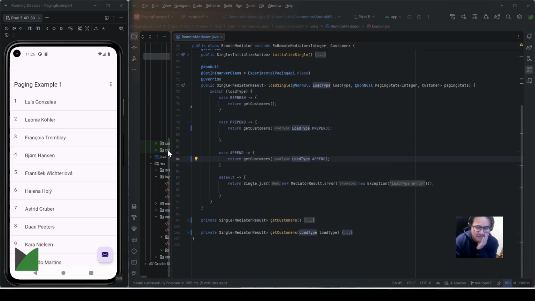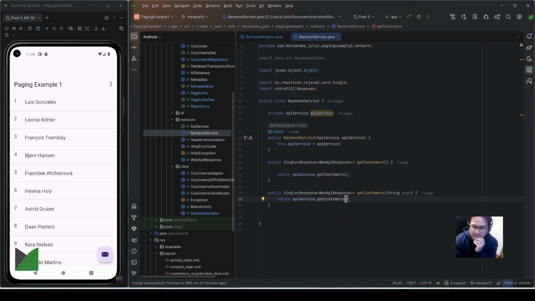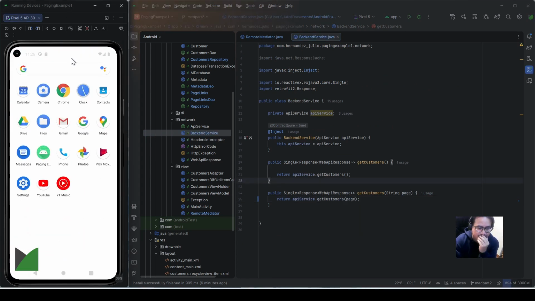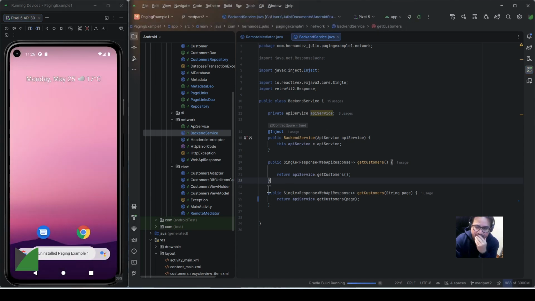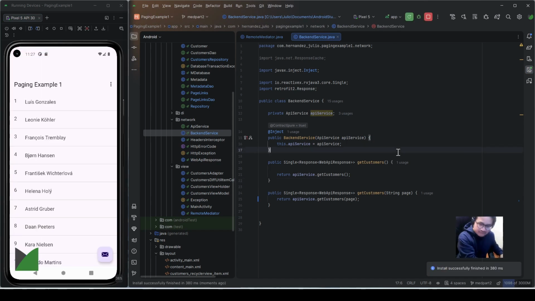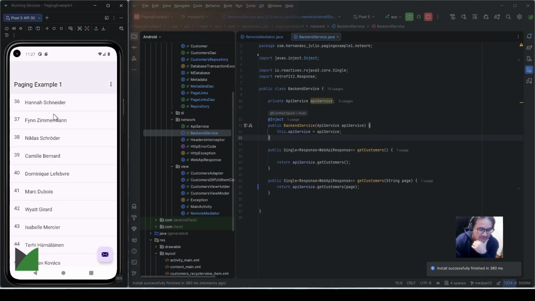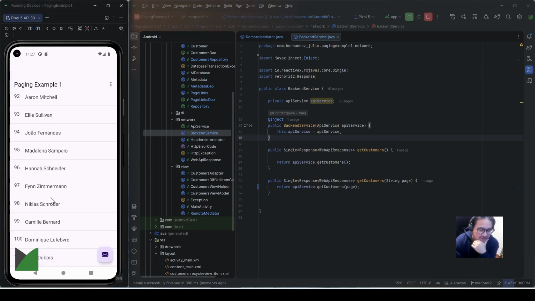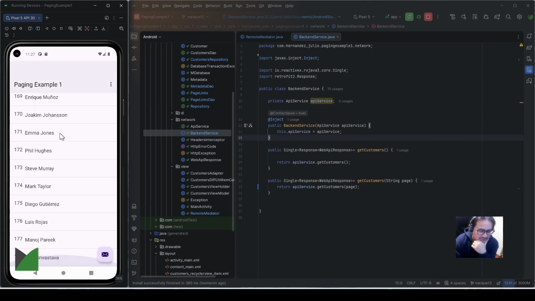So here, find the error. It was very easy to solve. So here in my backend service, here I'm not using the page. There it is. We are scrolling to the last one. I think there's 178 records,